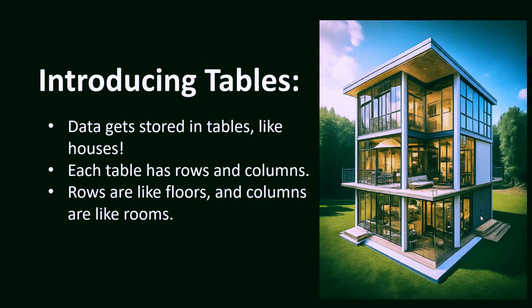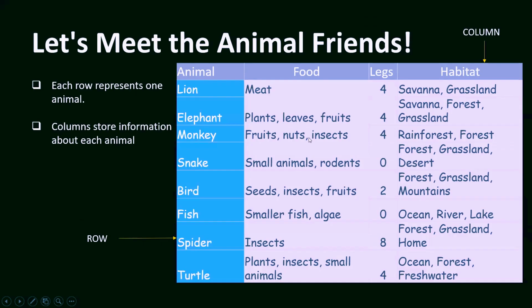Let me take another example. So we can create different columns to store the information about each animal. Suppose I have, okay, let me take an example like this. So I have an animals table, which contains the information of all the animals, what kind of food they eat, how many legs they have. I have taken very basic examples so that even a high schooler can understand.